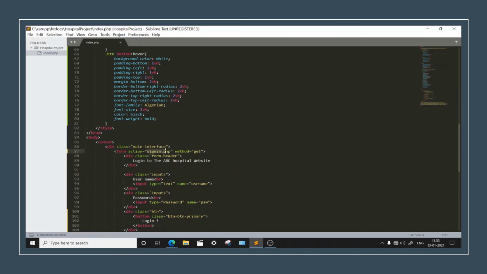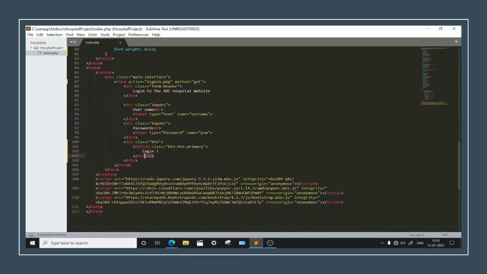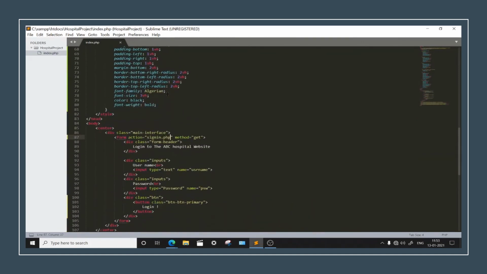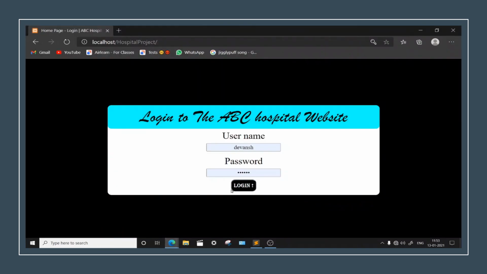We will be making one file, and as a user clicks on this button, he will be redirected to this place. While we will not be having any such HTML code in the signin.php, we would allow the person who is logging in to directly go to the next page, that is to add the patient's name. Fine. So let me show you what we are doing.